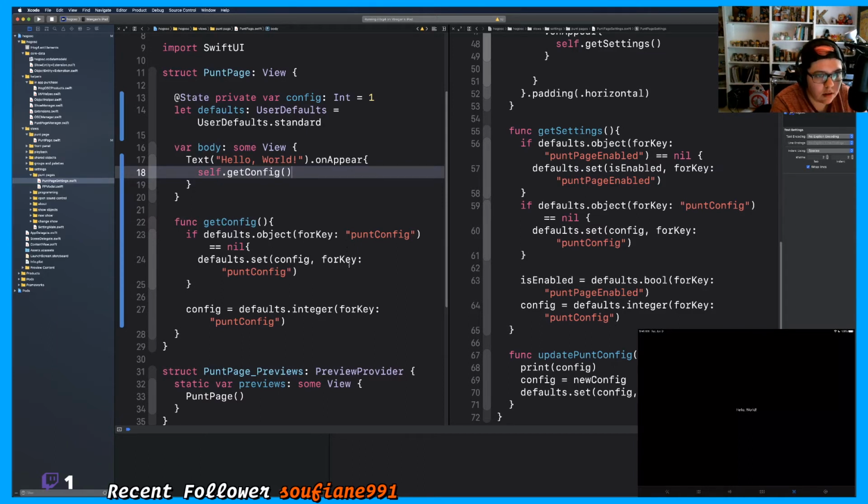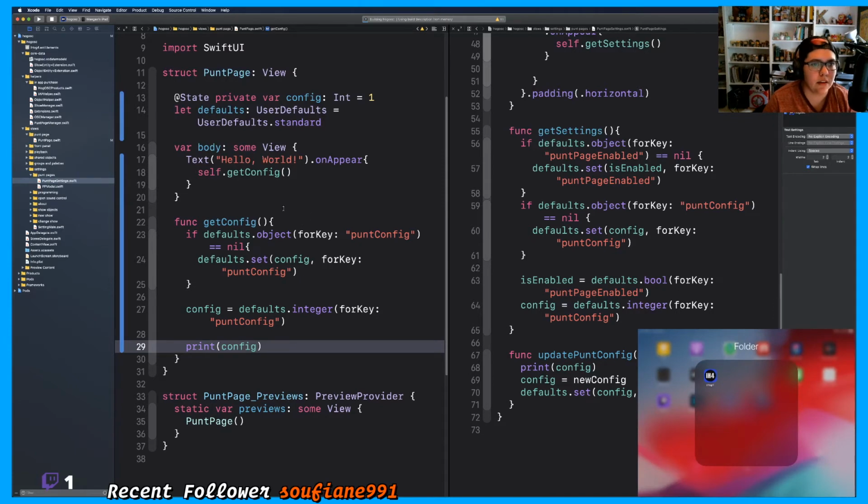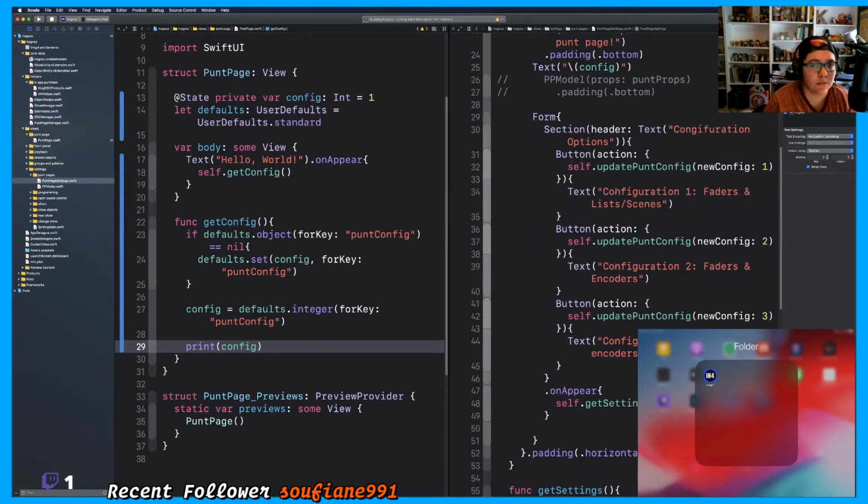And I have no idea if it actually ran this because I didn't put in a print statement. The tried and true method of debugging is putting in a print statement. No, it wasn't even running yet, so that's okay. So we'll build it again. All right, so now that we have this done, the next thing I probably need to do is actually get these configurations to work correctly. So I have 3 configurations here, one with a fader and lists and scenes. So let's just work on getting this done. So what I'm probably going to do is put in an if statement here that says if